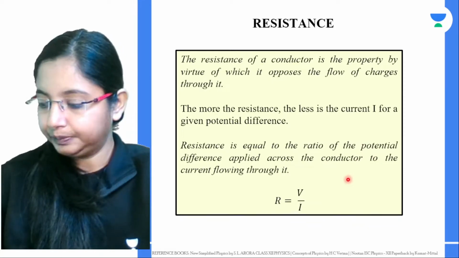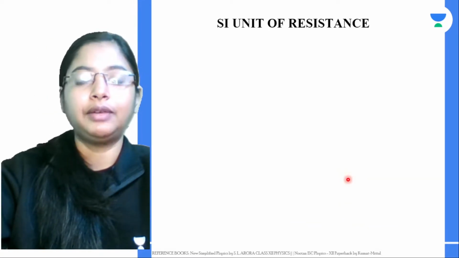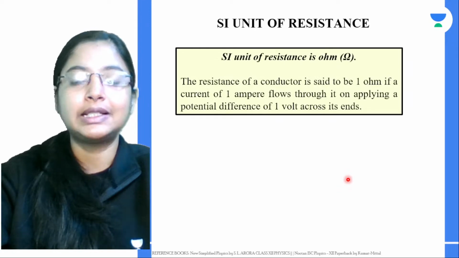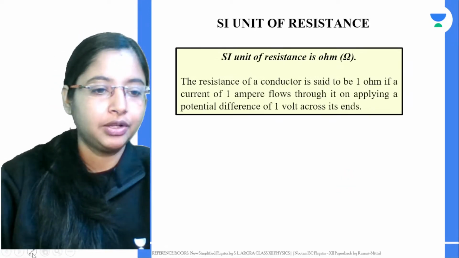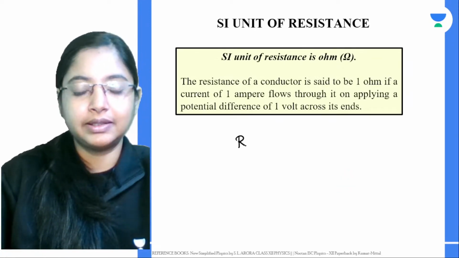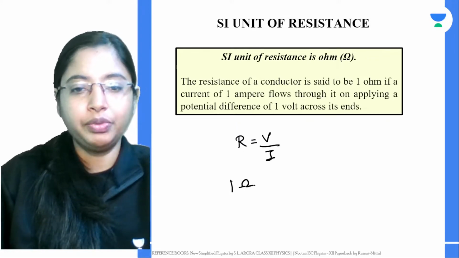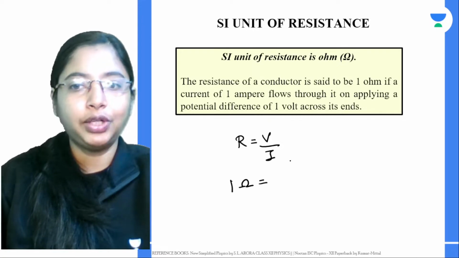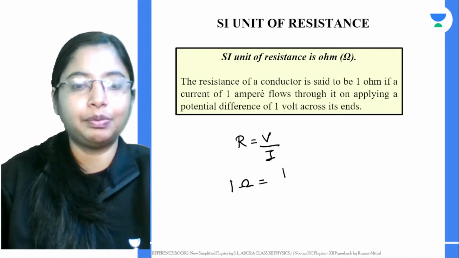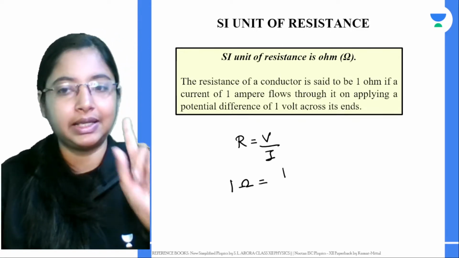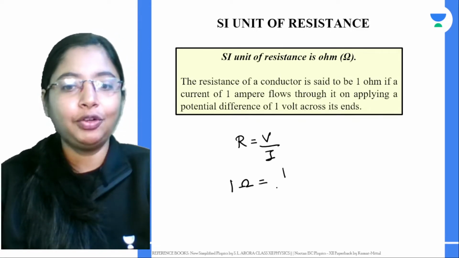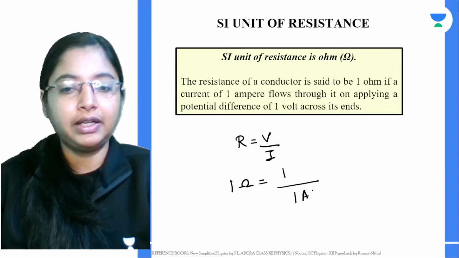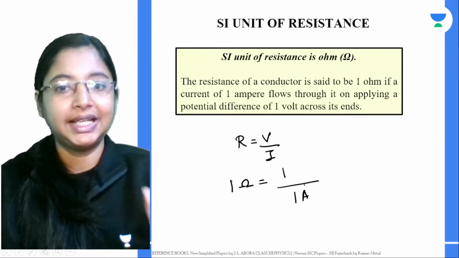All right. Now, from here, what is the SI unit of resistance? It's very simple. It's ohm, 1 ohm. We know resistance is equal to voltage by current. So 1 ohm is nothing but, if a particular conductor has a resistance of 1 ohm, and a 1 ampere current is flowing through the circuit,